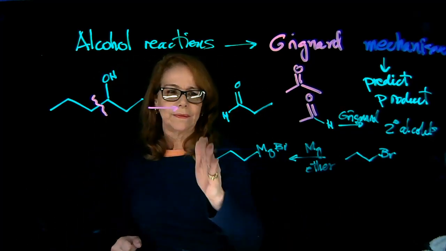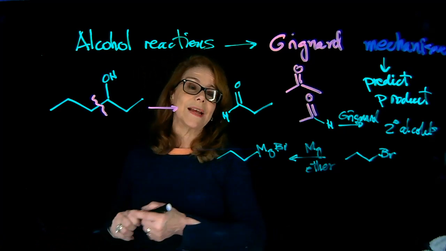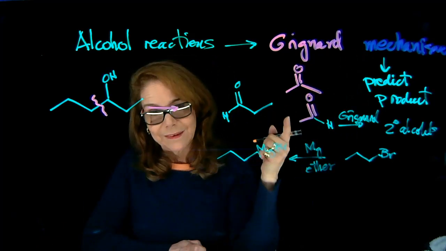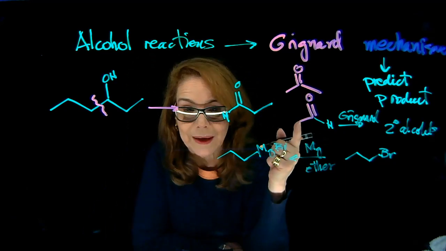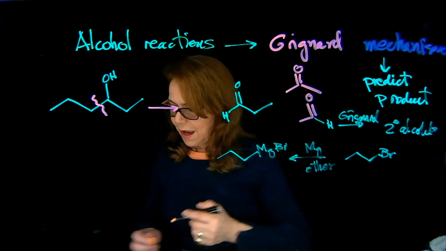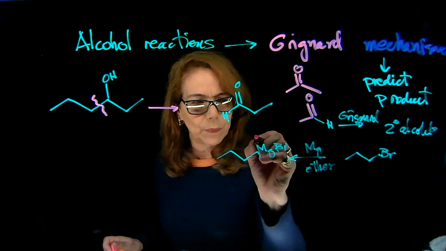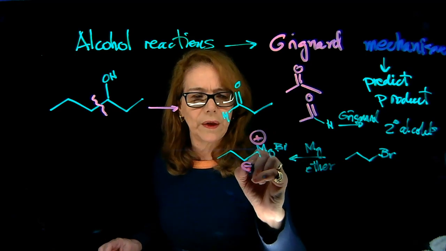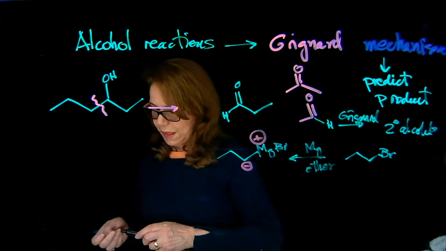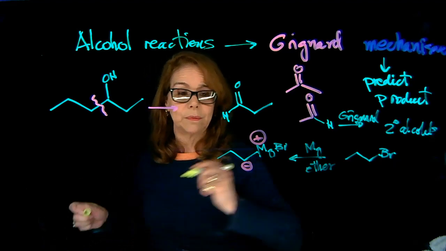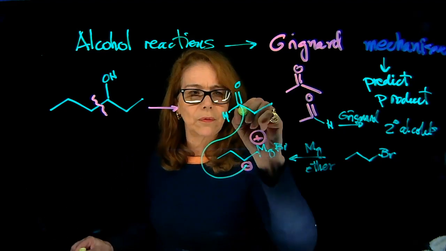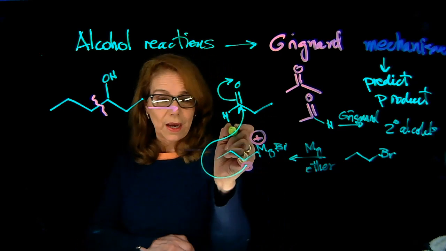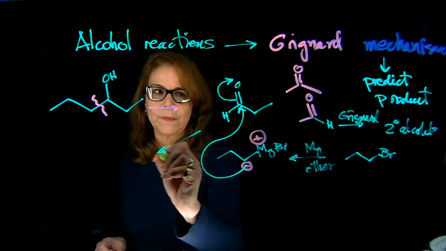So again, we had disconnected, and you can test if this is true. How will we do that? Remember, when we study mechanism, it's because that helps us predict products. And the polarity of this bond, we said, is almost ionic in character. So we're going to draw this. And for your mechanism, you will have, as we've seen before, a nucleophilic attack. And you see that that reaction there produced,